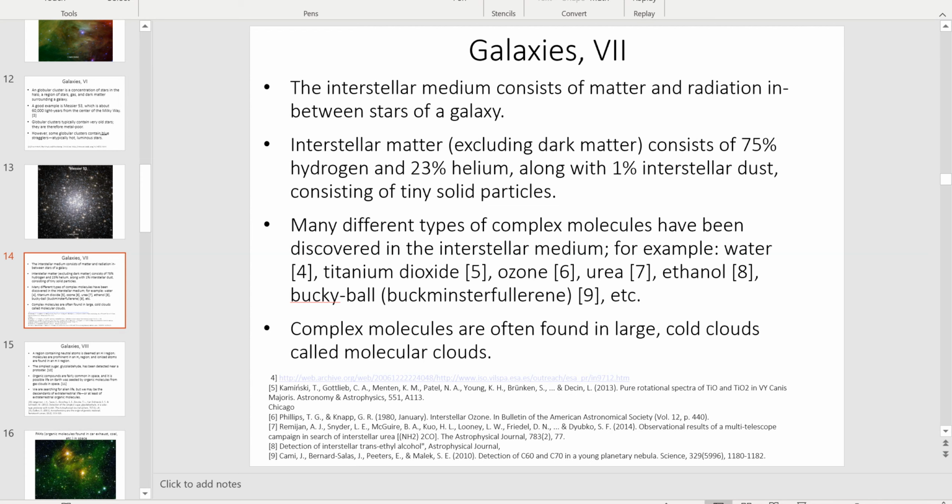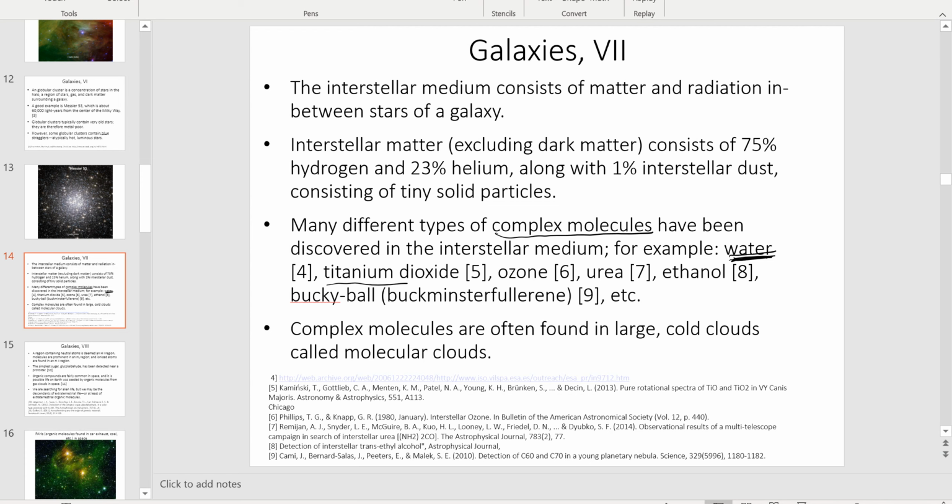In any case, we find some surprisingly complex molecules in the interstellar medium. For example, we find water. The Earth is not the only place with water. Actually, we know that. I mentioned to you that Mars has water, although it's almost all in the form of frozen water. There's really no liquid water. Europa has tons of water that's actually liquid. And we find water in the interstellar medium.